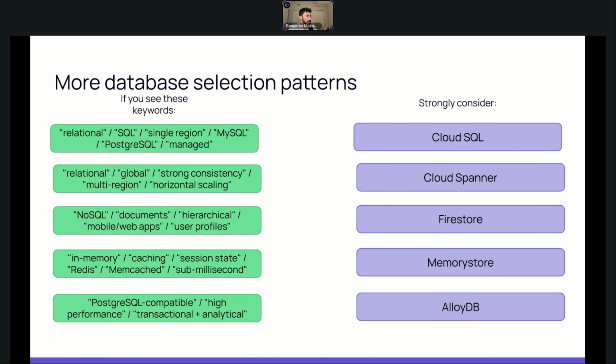Cloud Spanner is also a relational database. If the solution of the question mentions needing to be global, especially globally available, horizontal scaling with strong consistency, and multi-region. They might use multi-region instead of global. Think of Spanner. If the use case mentions NoSQL, documents, hierarchical data, especially mobile or web apps or user profiles,